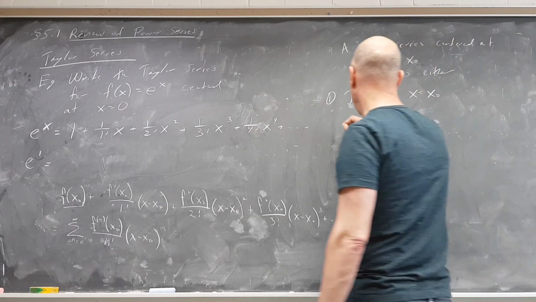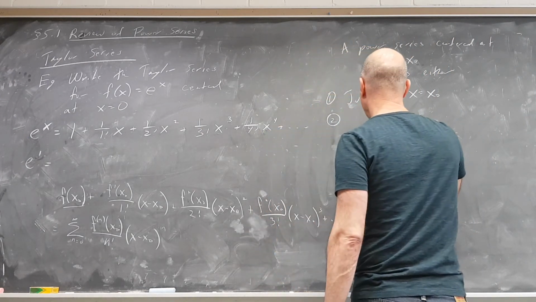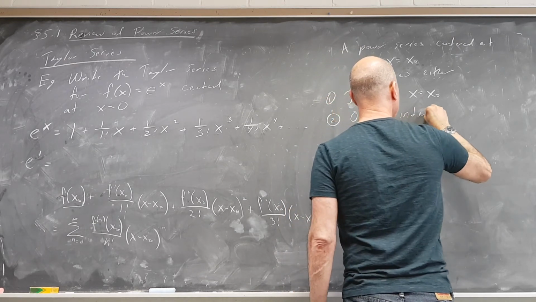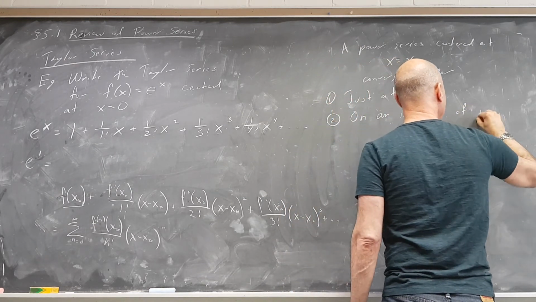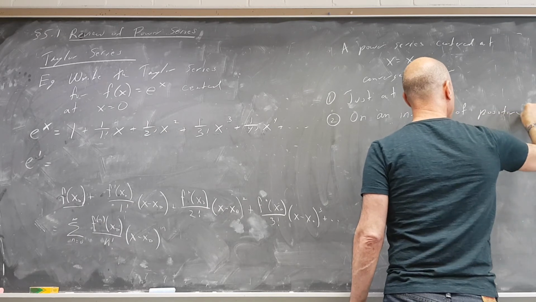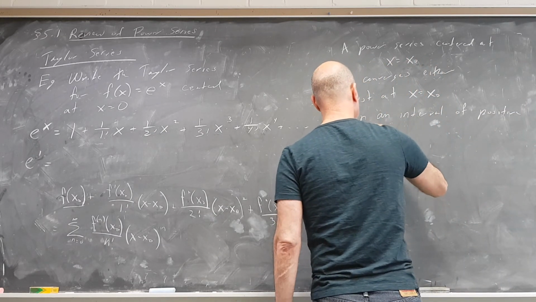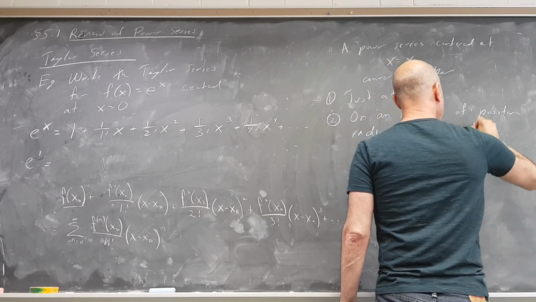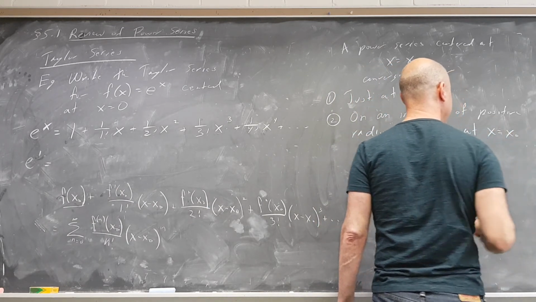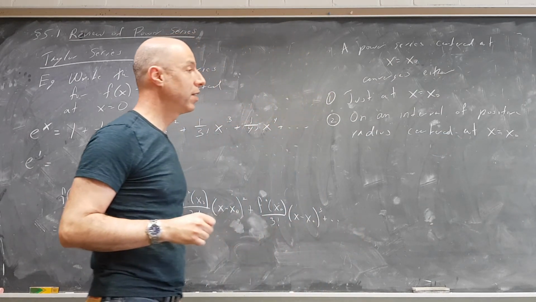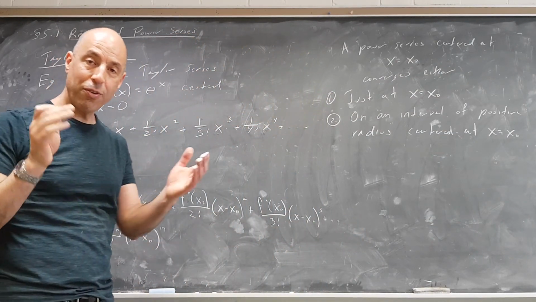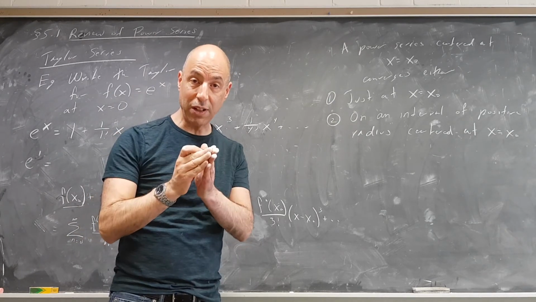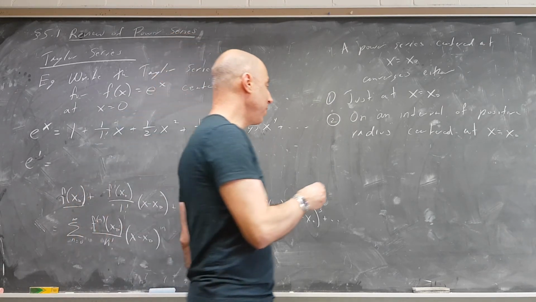Secondly, it converges on an interval of positive radius centered at x equals x naught. Radius for an interval is the same thing as the radius for a circle. It's the distance from the middle to the outside. For example,